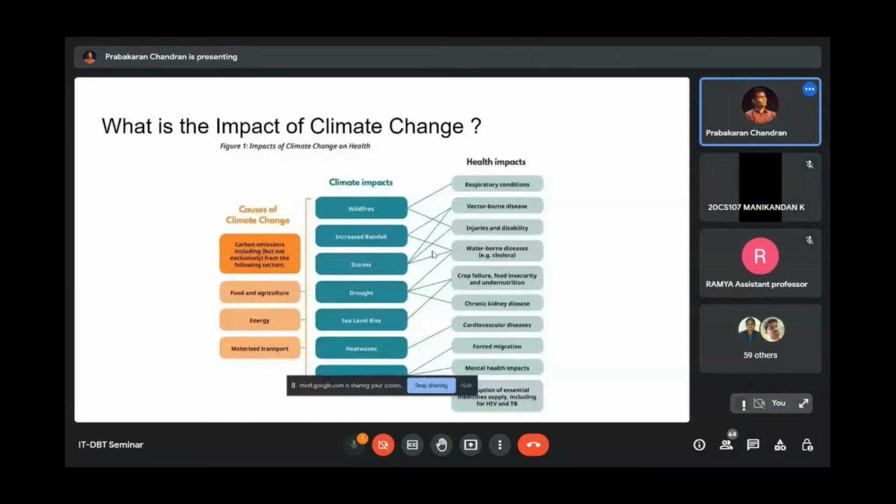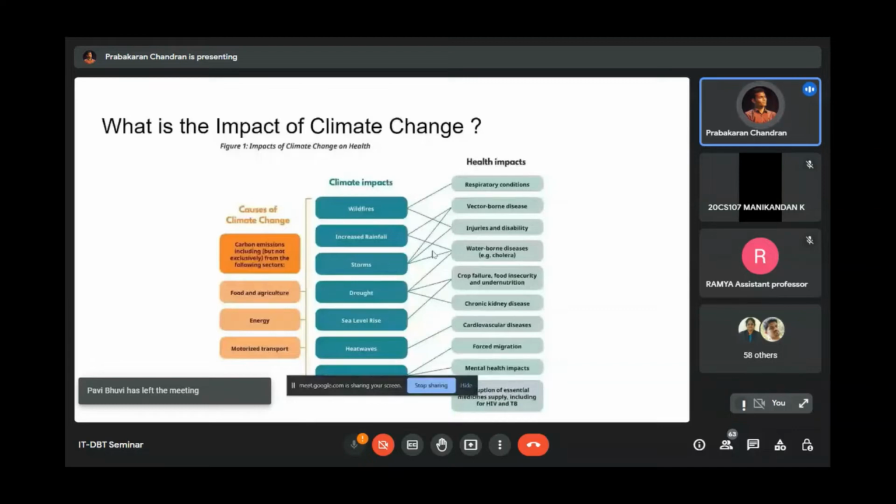Storms, drought, sea level rise, heat waves. Heat waves is actually an unaddressed problem. People are more concerned about rain, but not about the heat waves. But that should also be a concern, right? When we have these kinds of indirect environmental or natural calamities, that is impacting health issues by creating